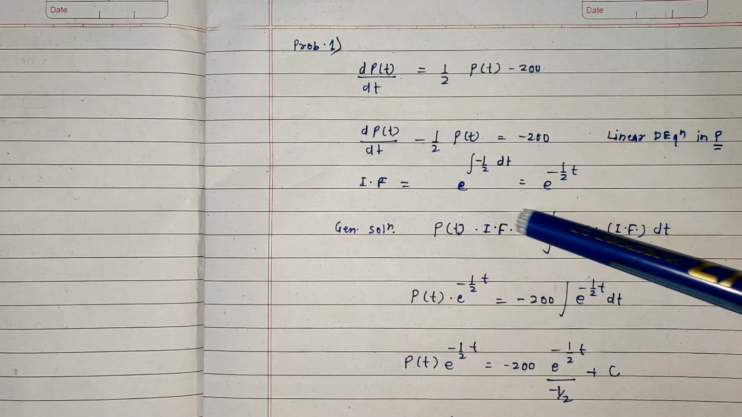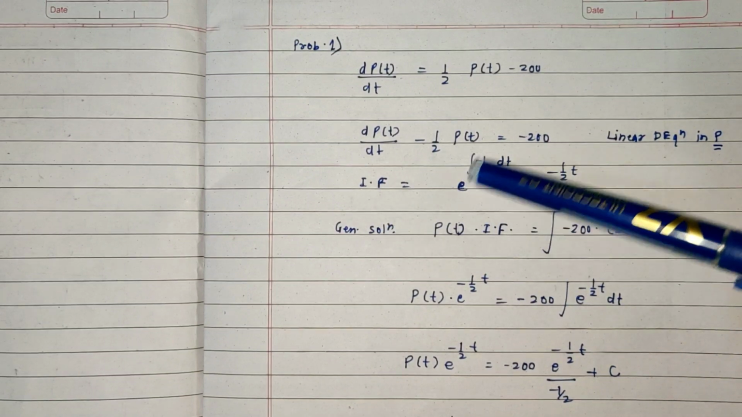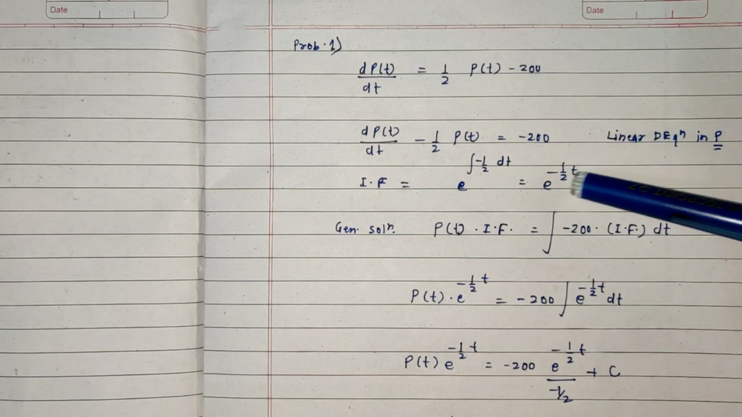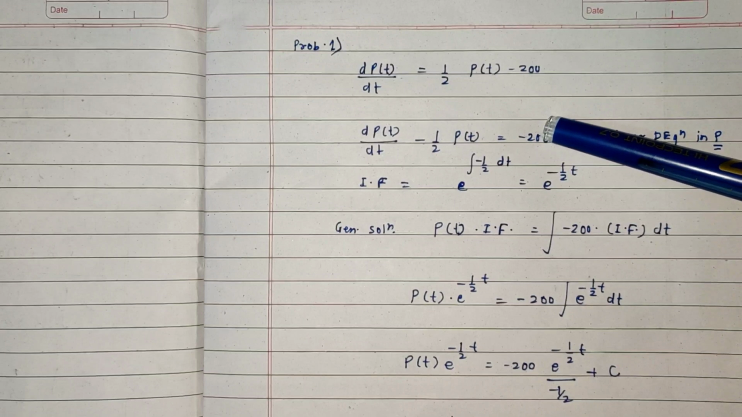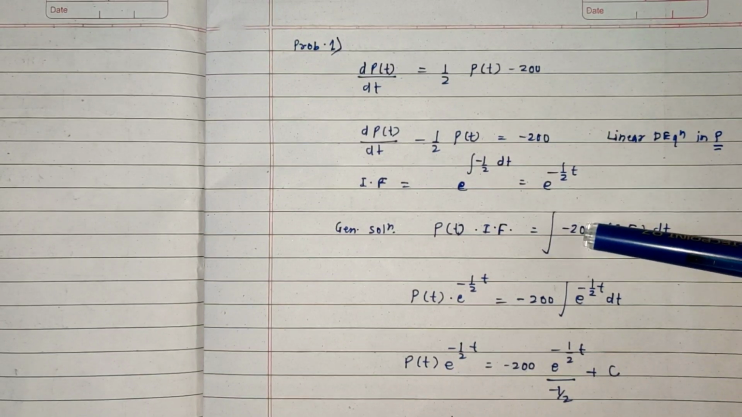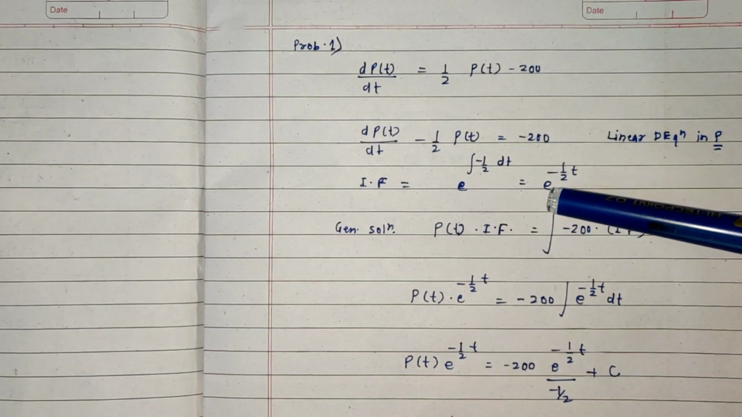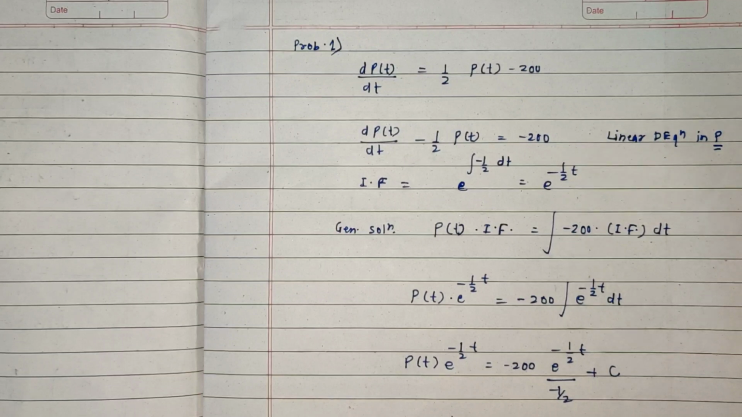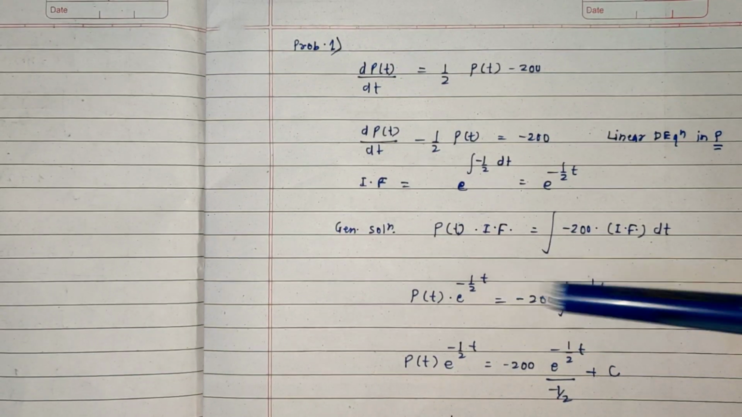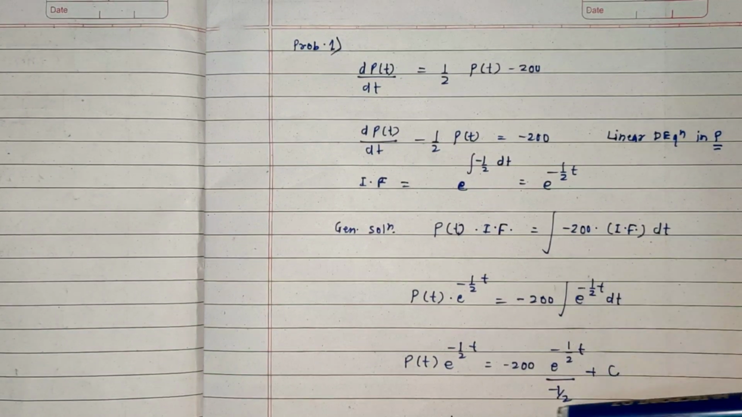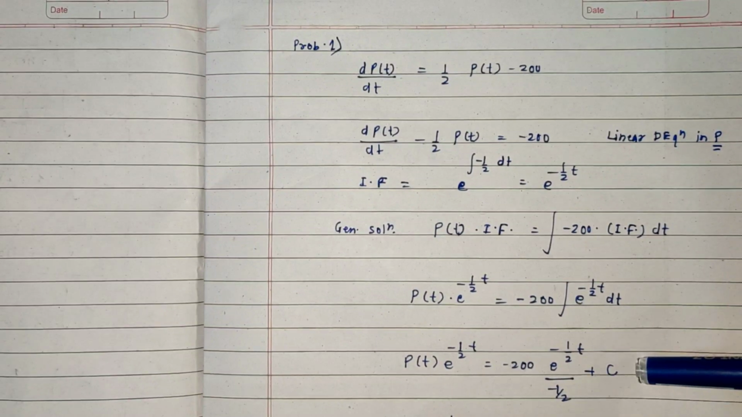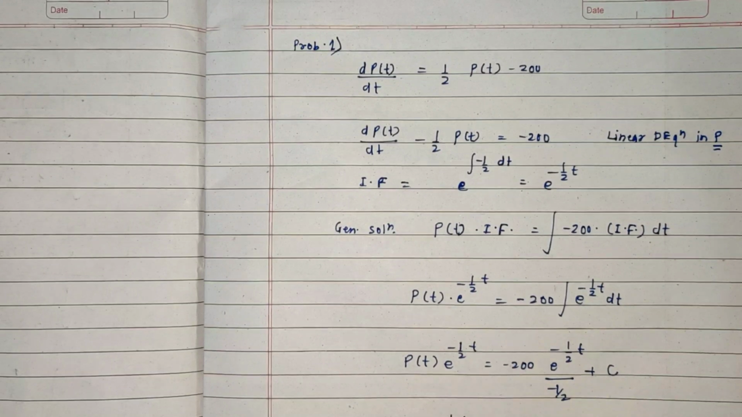Then integrating factor will be e raised to power -1/2 integral, so इसका इंटीग्रल होगा e raised to power -1/2 t is the integrating factor। जनरल सॉल्यूशन होगा P into integrating factor equals integration of right hand side, which is -200 into integrating factor। This is constant, integrating factor we substitute, which is e raised to power -1/2 t, so P e raised to power -1/2 t equals -200 times integration of e raised to power -1/2 t, which is e raised to power -1/2 t upon coefficient of t, that is -1/2, plus constant of integration c, this comes out to be 400,